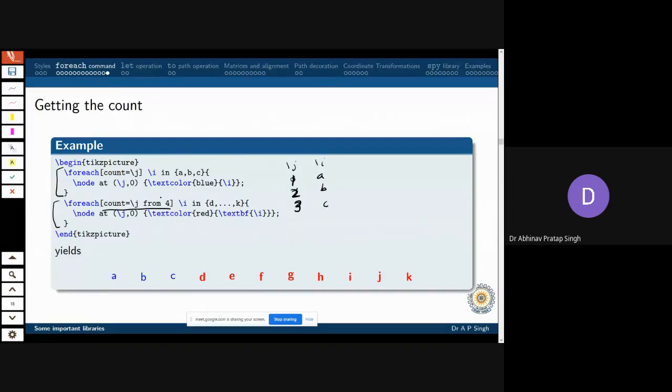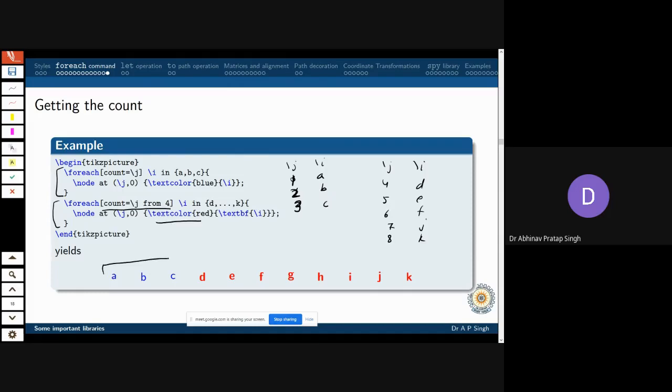Now here it will start from 4. So according to this next case, we will have \j and \i. The values will be D, E, F, and so on, and the count starting from 4: 4, 5, 6, 7, 8. Now the text color I have set as red.